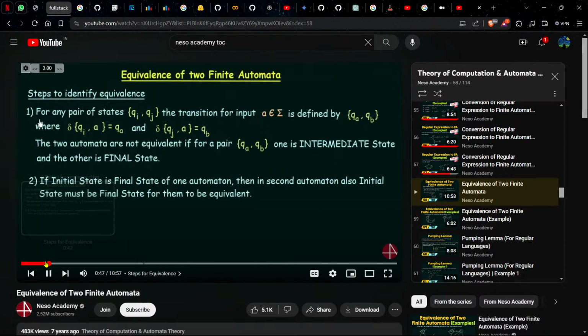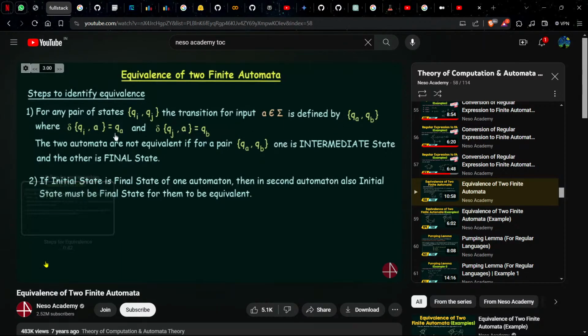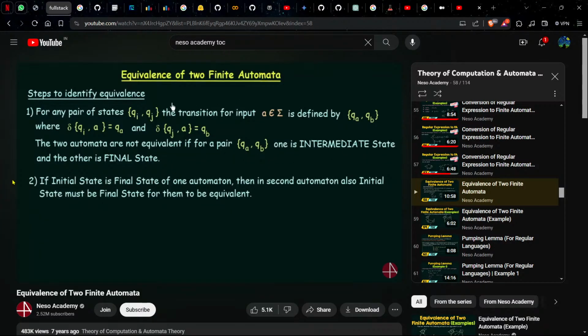To identify the equivalences, the first step is, for any pair of states Qi and Qj, the transition for input a belonging to sigma is defined by Qa, Qb, where the transition from Qi on a goes to Qa and the transition from Qj on a goes to Qb. The two automata are not equivalent if for a pair Qa, Qb, one is an intermediate state and the other is a final state. So what we mean by this is that suppose we have two automata, and from the two automata we select